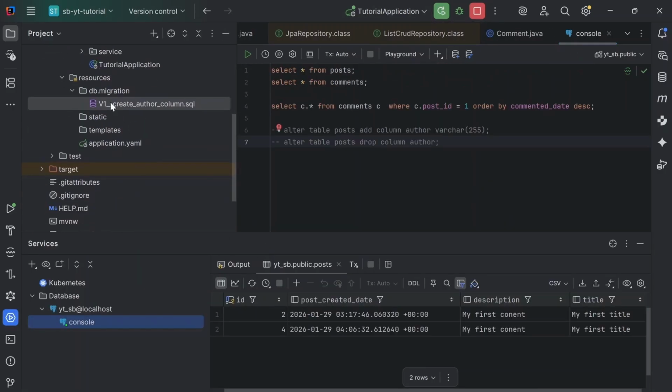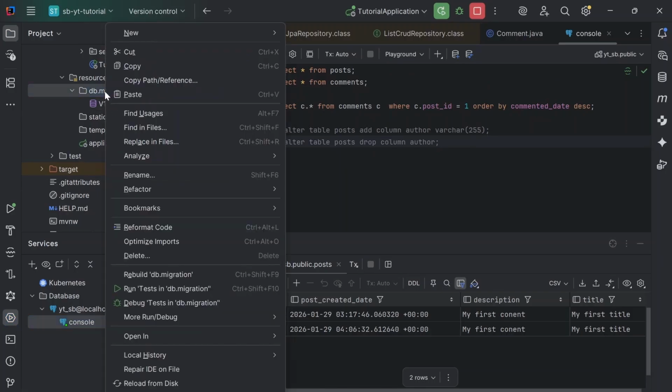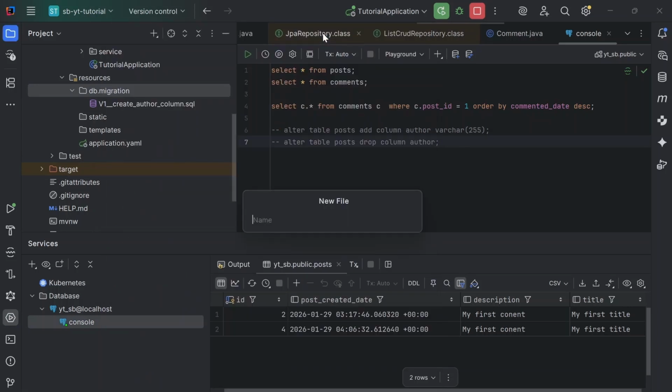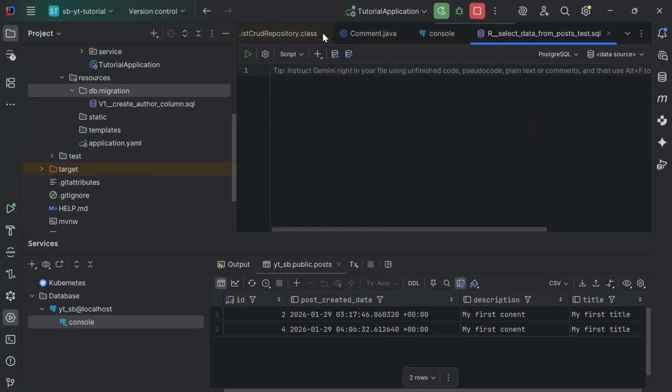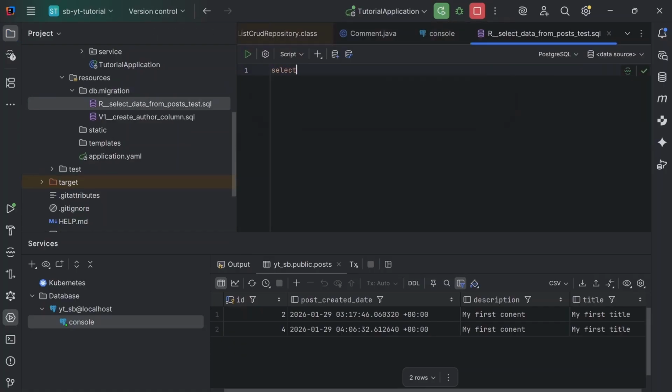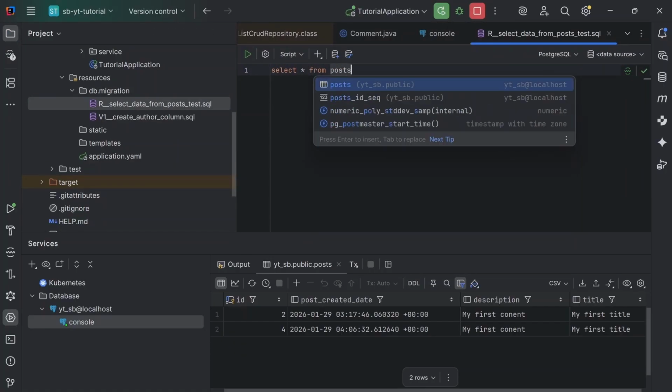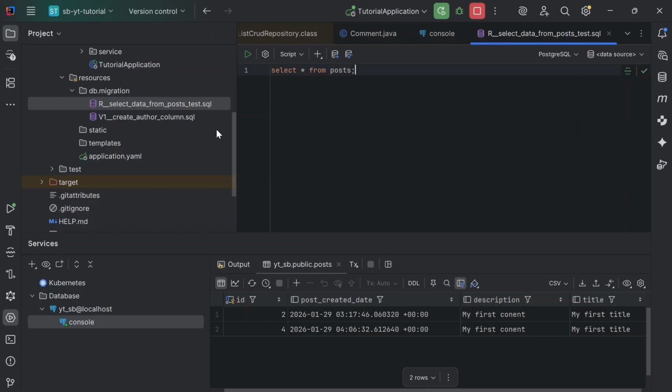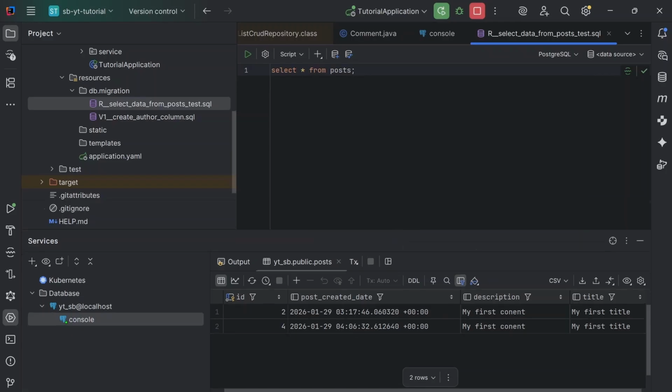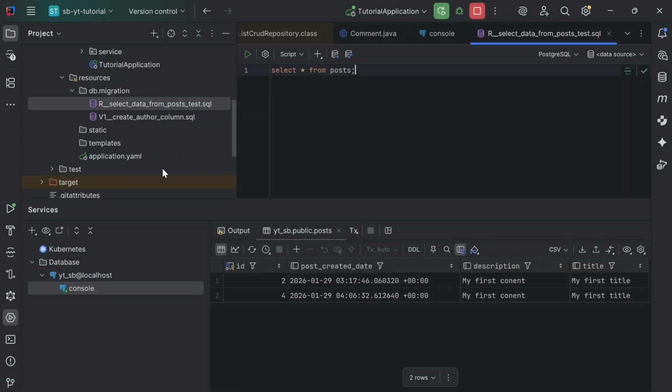All right, so now I have created this, and again I told you, if you wanted to execute something, for example, sql b no r underscore underscore select, and then data, and then from posts, right? And then this is test, only test. So here, if you wanted to select something from posts, you can always write that, and it is always going to be executed. And if I run this application now,